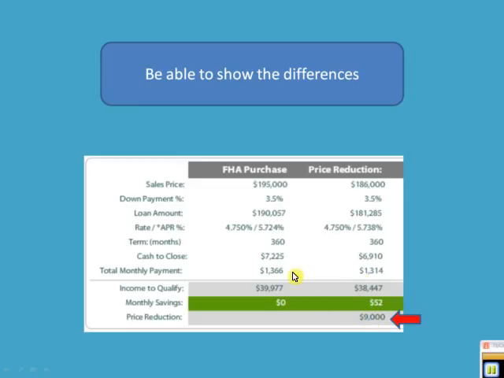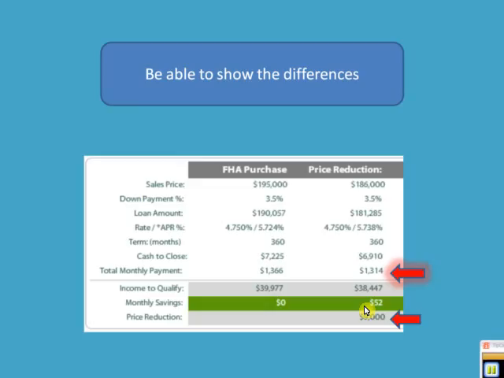So we went from $1,366 to $1,314. So it's only saving the buyers $52 a month. Now over time that's a big deal, but we can do better and help everybody out. Okay, so this is what I like to point out is that for that $9,000, that's only buying us a $52 savings. Now if your seller is already willing to reduce their price, so they're agreeing to this price reduction,